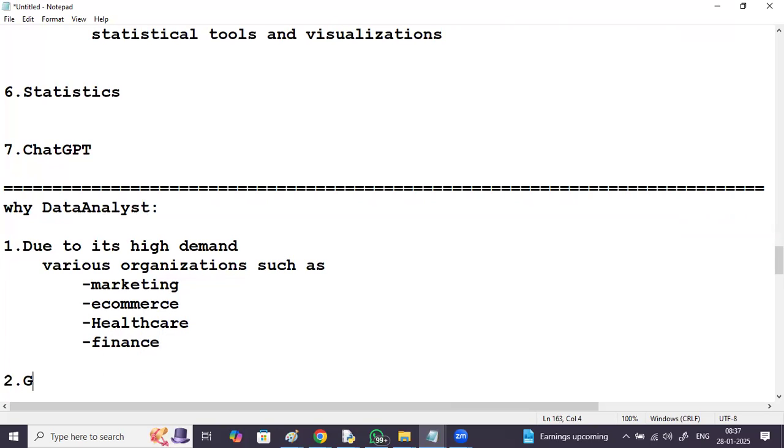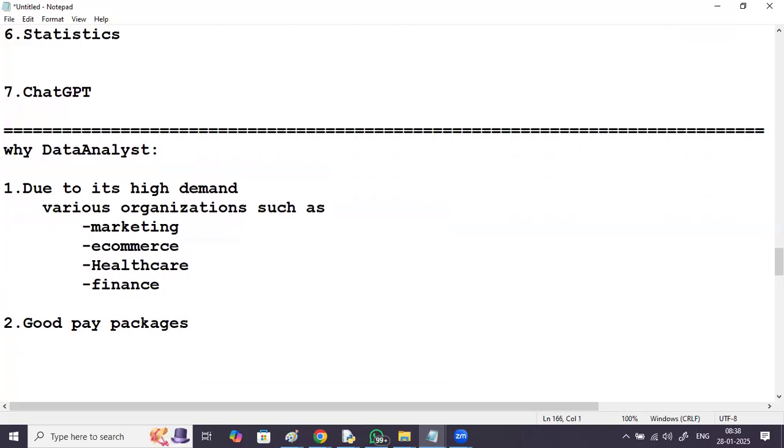Secondly, people look for good salary packages. As compared with other technologies, data analysts get huge packages, and also various career paths.